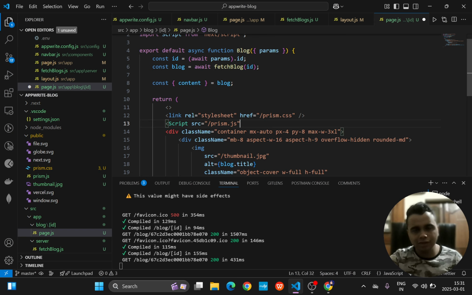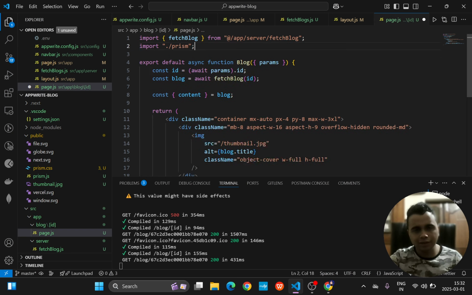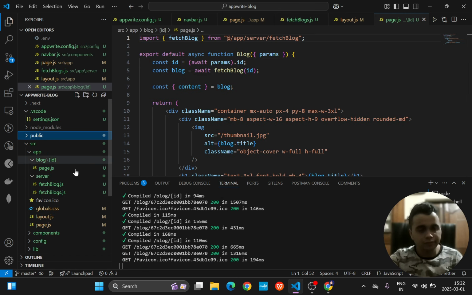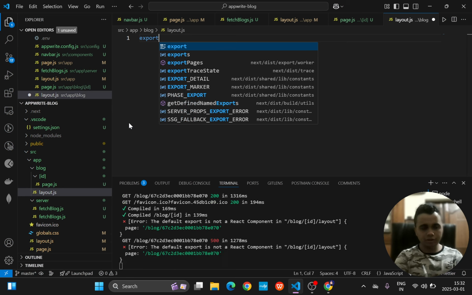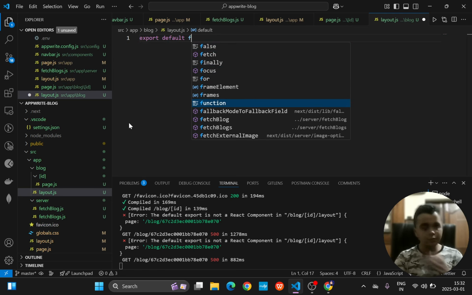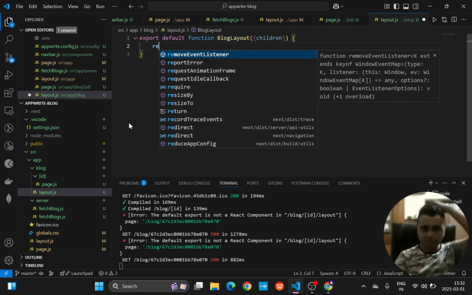Now I can do just one thing. Removing everything from here, inside this blog folder, I'll have to create a layout.js. Okay. Now export default function BlogLayout. Okay, this will accept children. Return. What I'll return is